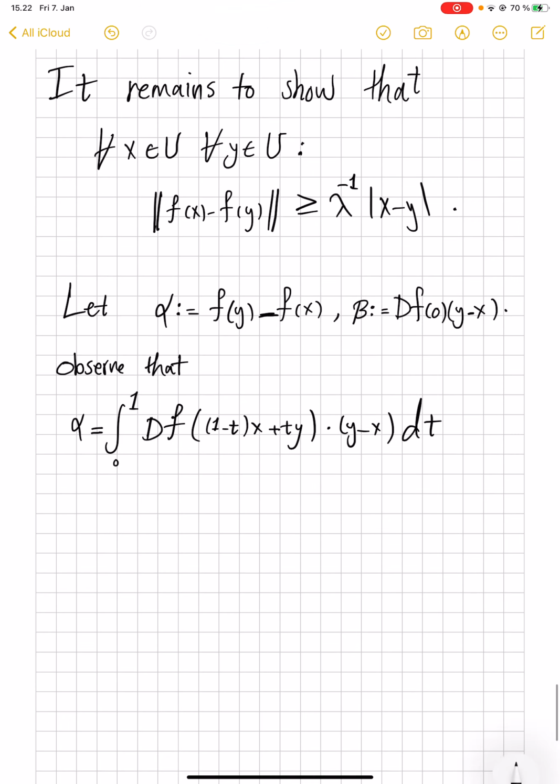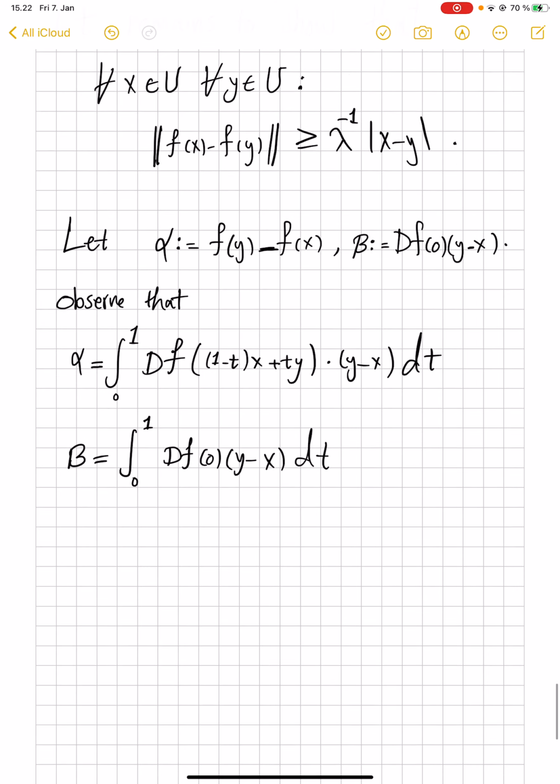On the other hand, beta is the integral from 0 to 1 of df at 0 applied to y minus x. And this is nothing fundamental because I'm integrating a constant vector over an interval of length 1, and this is just always true. So from these two, let me compare the norms of these two. I mean, let me compute the distance of these two. So from the integrals above,